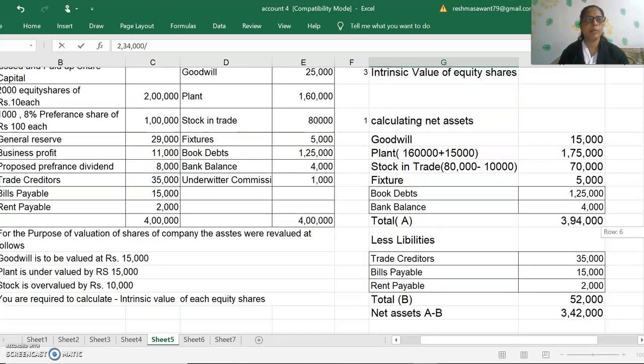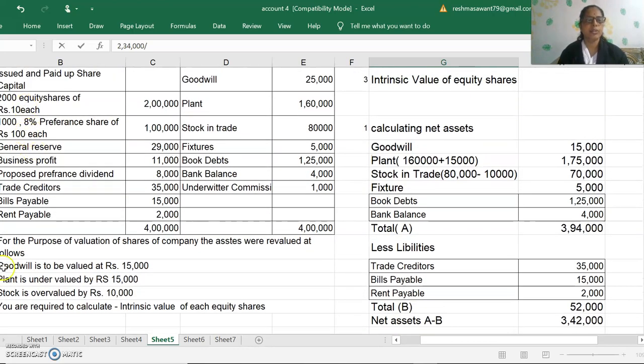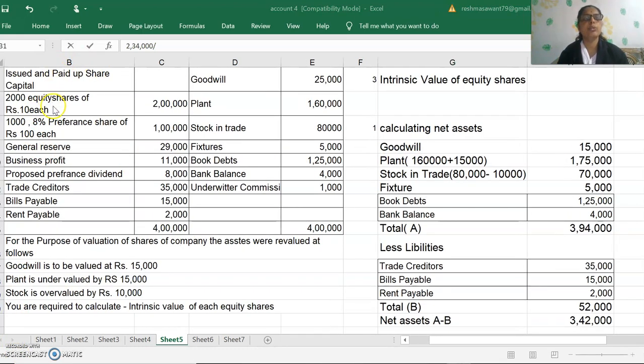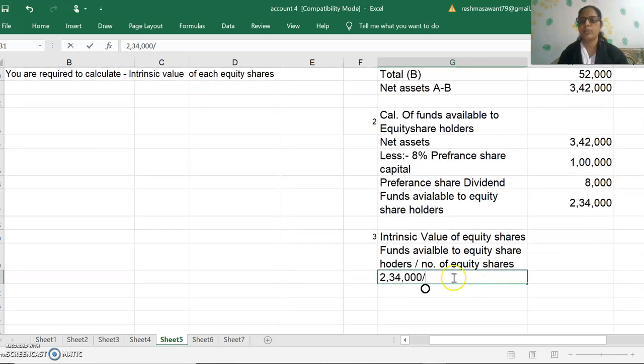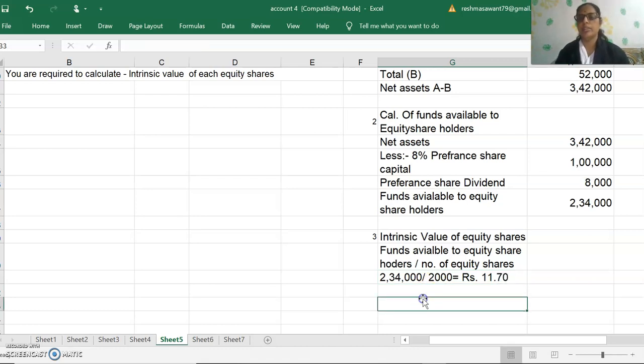Take the number of equity shares mentioned in your question, that is 2,000 equity shares of rupees 10 each. 2,000 is the number of equity shares. So 2,34,000 divided by 2,000 equity shares, the answer is rupees 11.70. So by this way, intrinsic value is equal to rupees